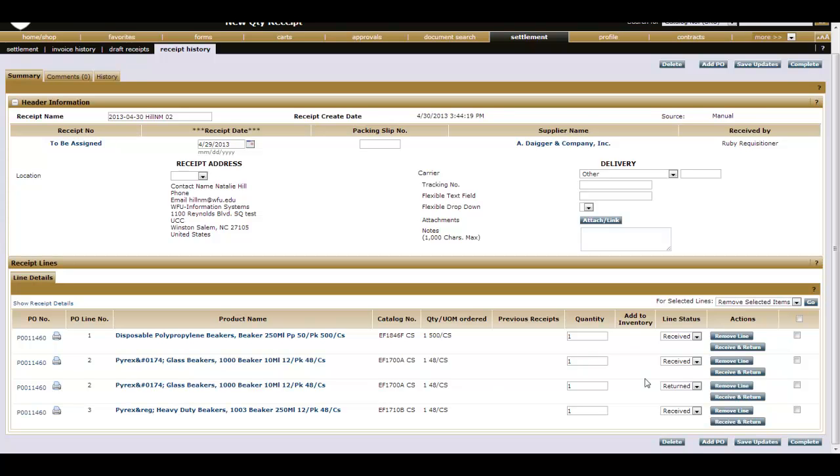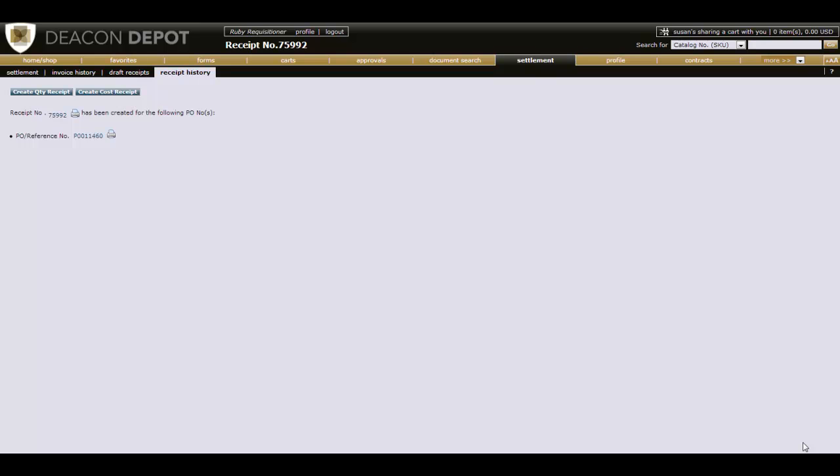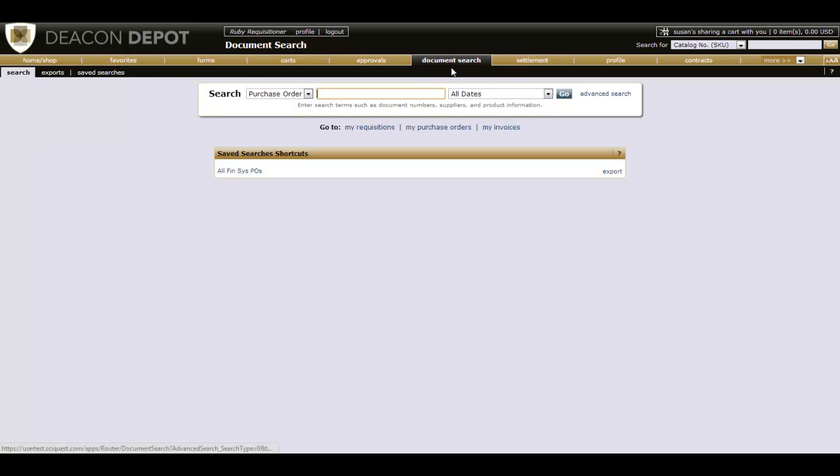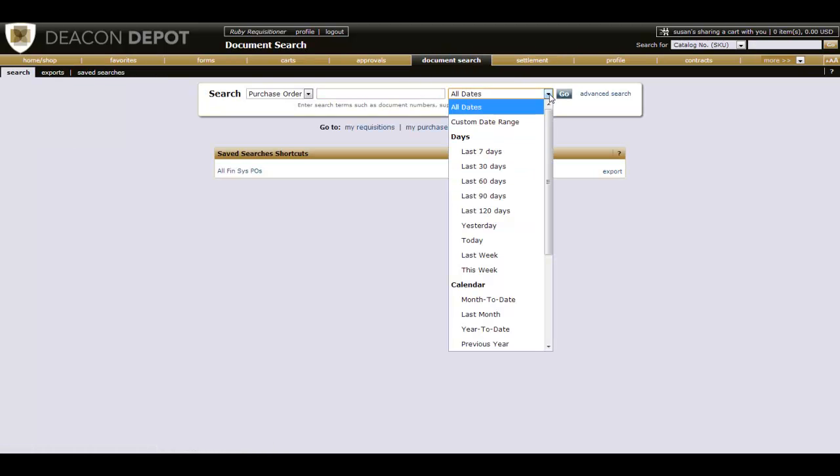So once I've done all that, all I have to do is come down to the bottom right hand corner, click on Complete, and when I do, this creates a receipt that goes to Accounts Payable, and it lets Accounts Payable know that I have received these items, and they can go ahead and pay on the items that came in that were intact. If I go back to the Document Search and search again for that same purchase order,